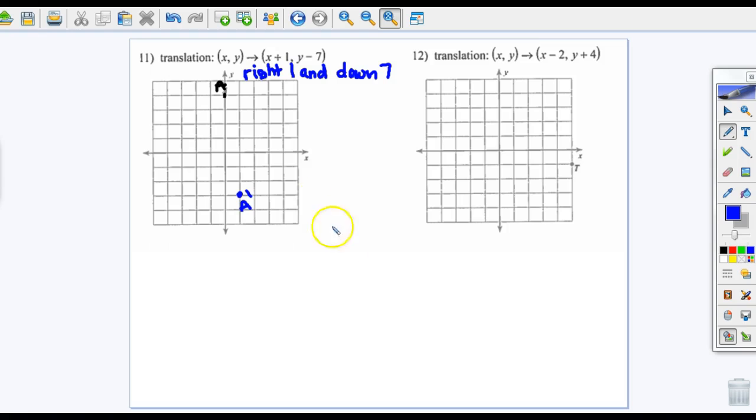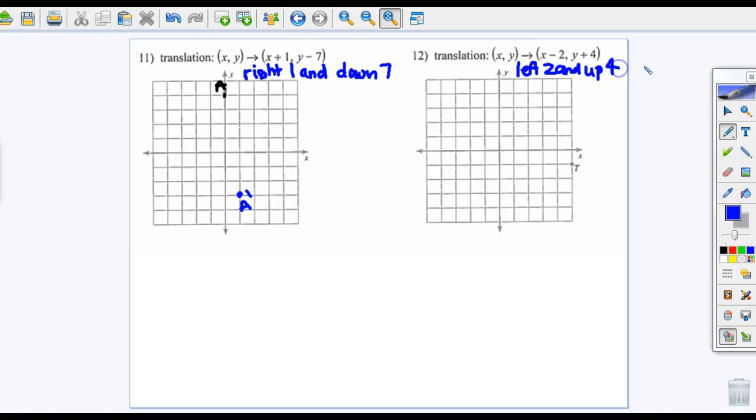Okay, so let's look at the next one here. This is our last example, and then you guys will be on your own tomorrow. Well, not necessarily on your own. So again, in XY notation, this is X minus 2. Remember, X tells us to go left or right. Since it's a minus 2, it's going to go to the left because it's negative. So we're going to go left 2 and Y plus 4. Remember, that tells me up and down. It's positive 4. So I'm going to go up